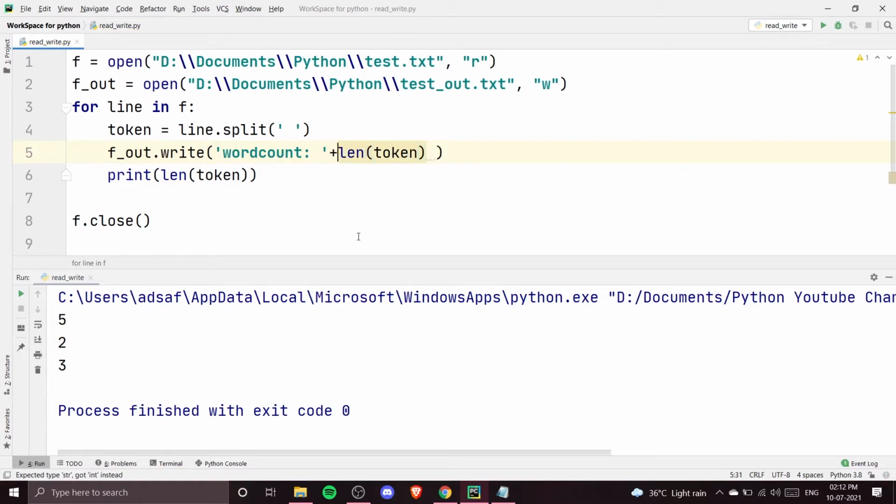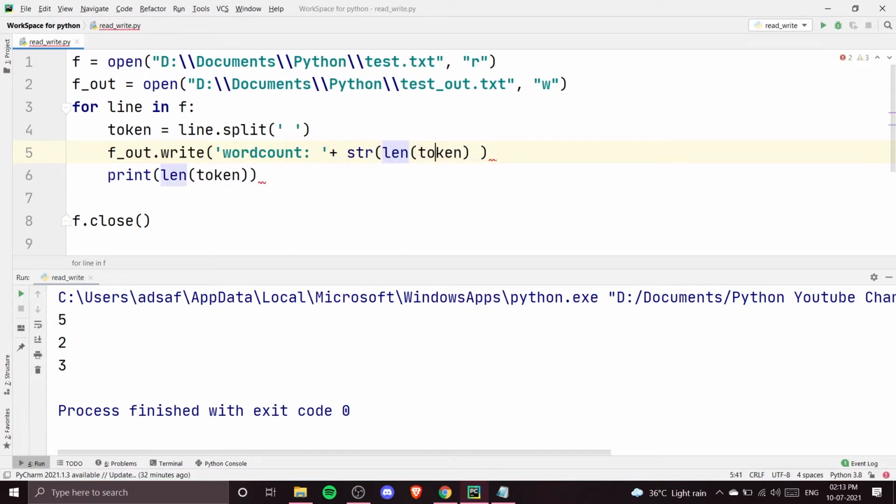But remember, if we print the length of the token, this is a string, right? We need to convert this length of the token to a string as well for our write function to write properly. Otherwise, it is going to give us an error, because we are writing a string here.